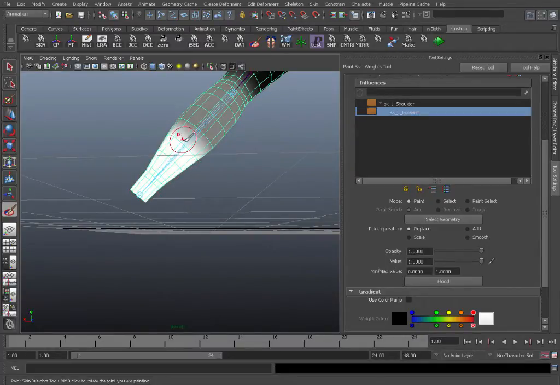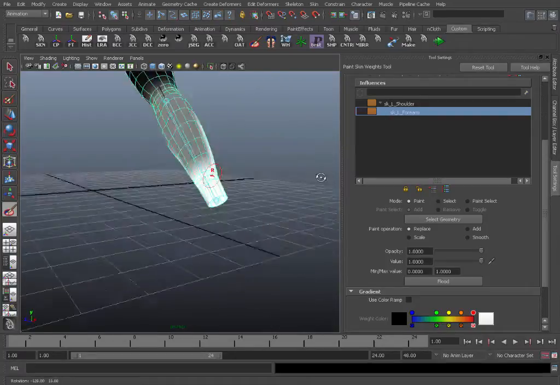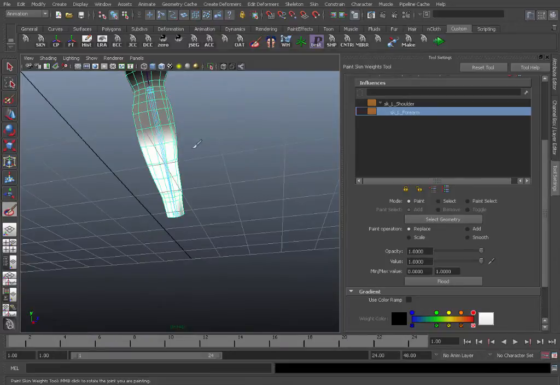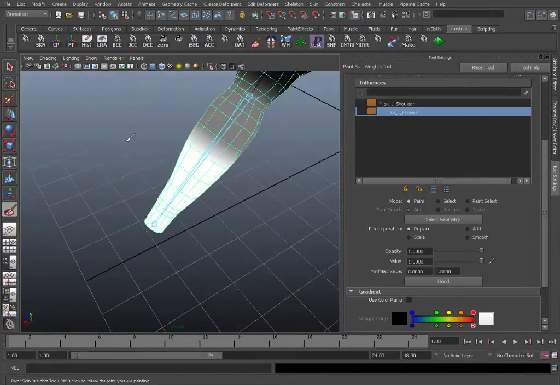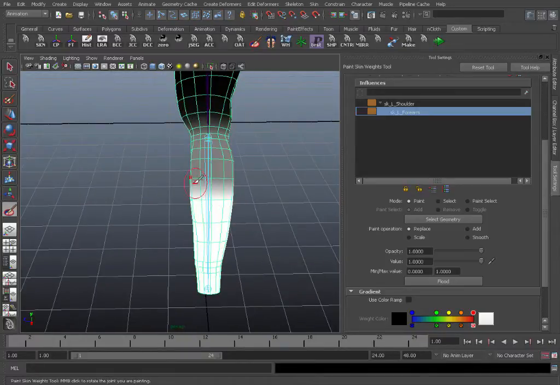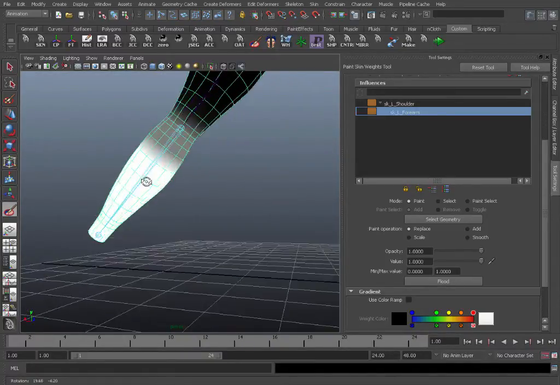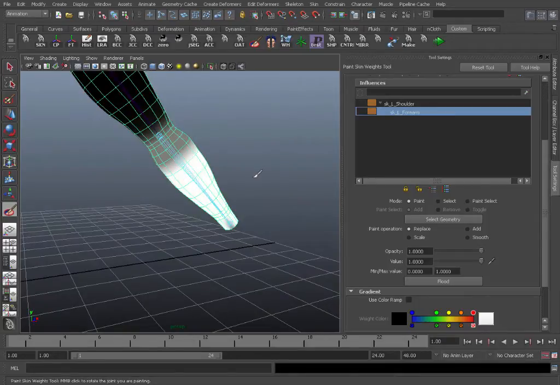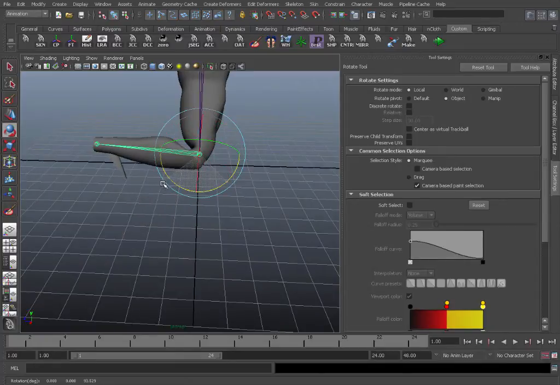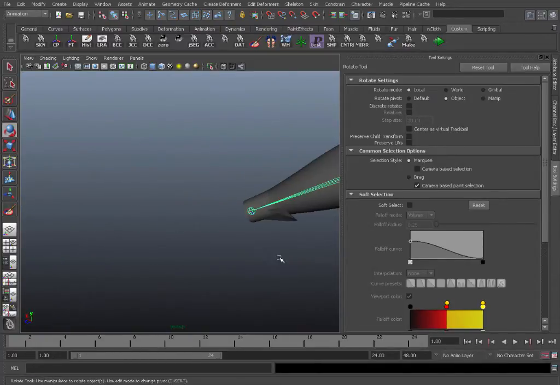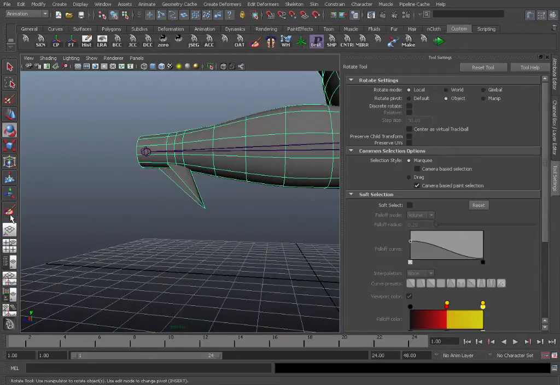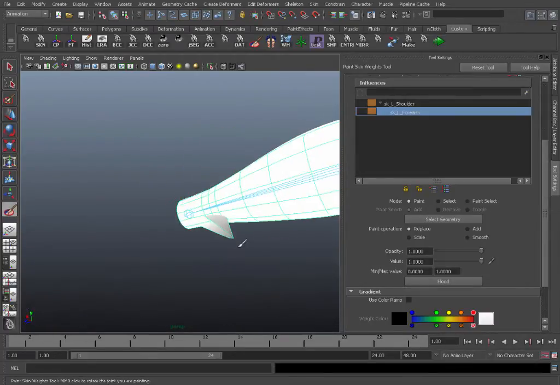So just paint a few of these. That should be enough. And maybe just go in and do this set of vertices as well. Okay, so that will give better results, but it will still need tweaked, as you can see. This is the result of us missing a vertex. So we can easily go back into paint weights tool and fix that,